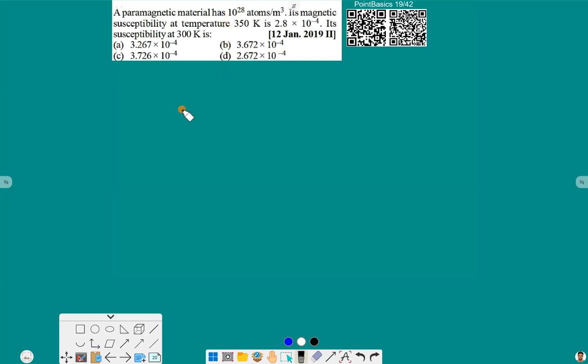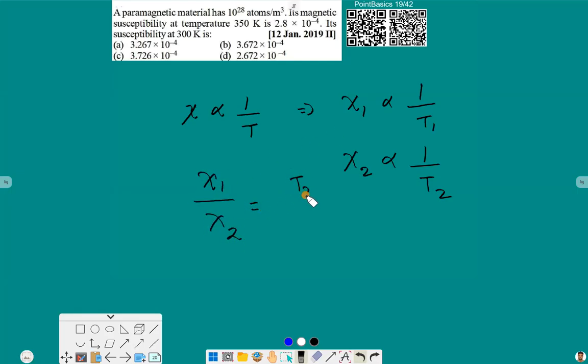We will use Curie's law, that susceptibility is proportional to 1 by the temperature. So we can write Xi1 is proportional to 1 by T1 and Xi2 is proportional to 1 by T2. Using these, Xi1 by Xi2 is equal to T2 by T1, and from this we can say Xi2 is equal to T1 by T2 into Xi1. T1 is equal to 350